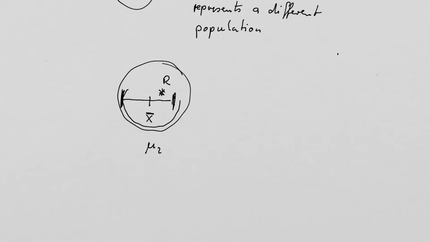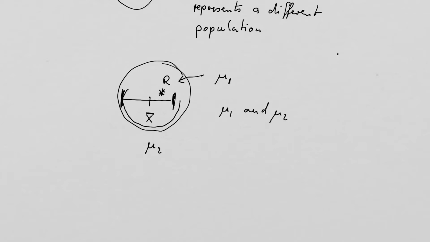And now we have a second point estimate, that is our reference. Let's call this mu1 again. And in this case, we know that this reference is included in this confidence interval. That means both mu1 and mu2